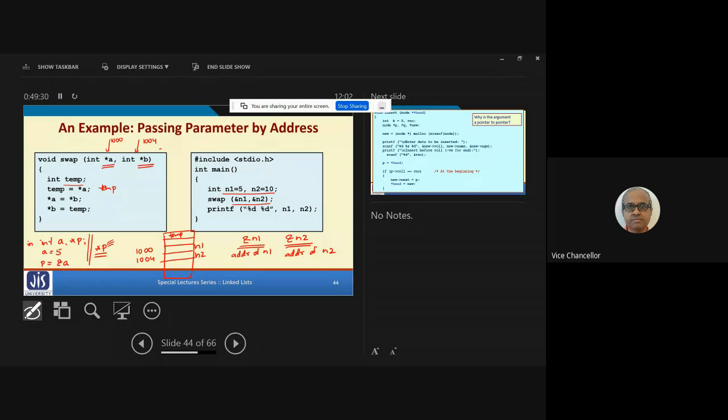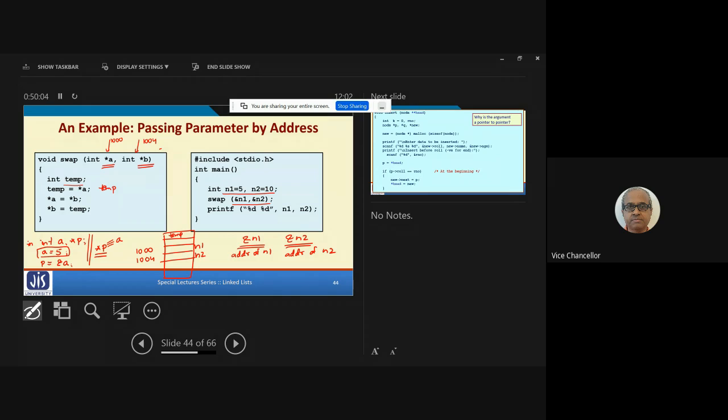Star P is the same as A. Star P will indicate the value 5, right? Yes, sir. If P is a pointer type variable, star P means the value of the memory location pointed to by that pointer variable. So P is pointing to the address of A. Whatever is the value of A, 5 here, star P will indicate 5.